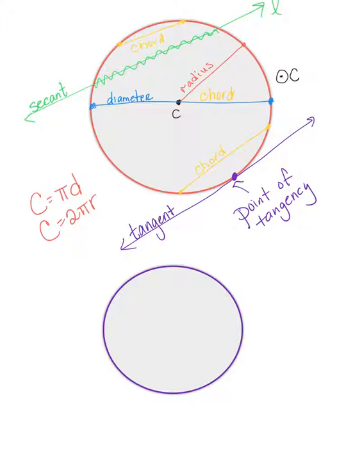If I put in here a polygon such that every vertex of the polygon is on the circle, or I could say every side of the polygon is a chord of the circle,